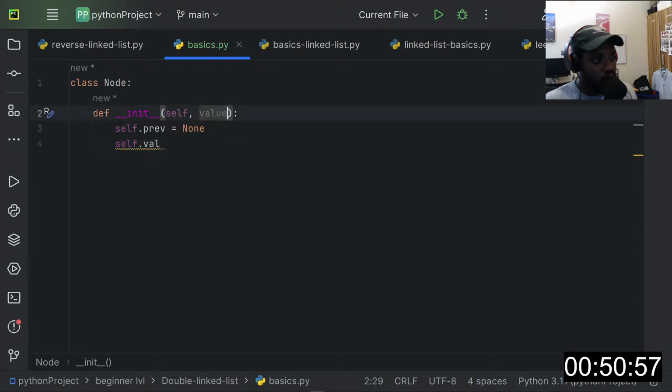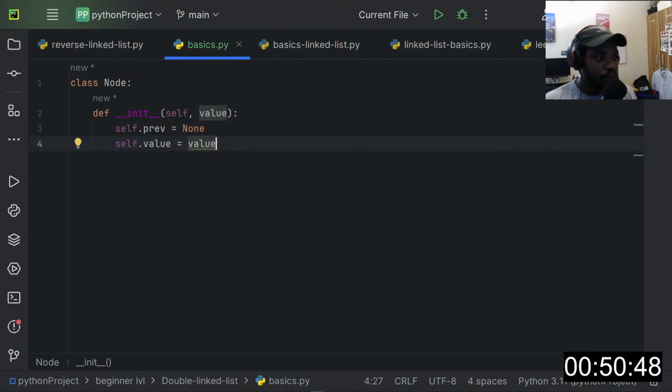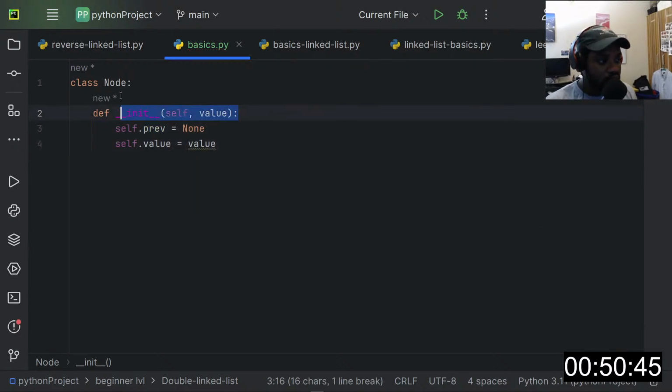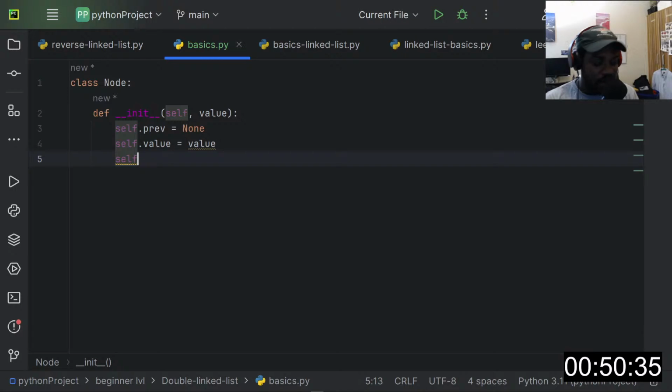This will be value here, self.value, and we'll set this to be the value we pass in the instantiation phase. So when we instantiate this node class, we'll pass it a value, which is the value we set here. And then the next property of this node will be none